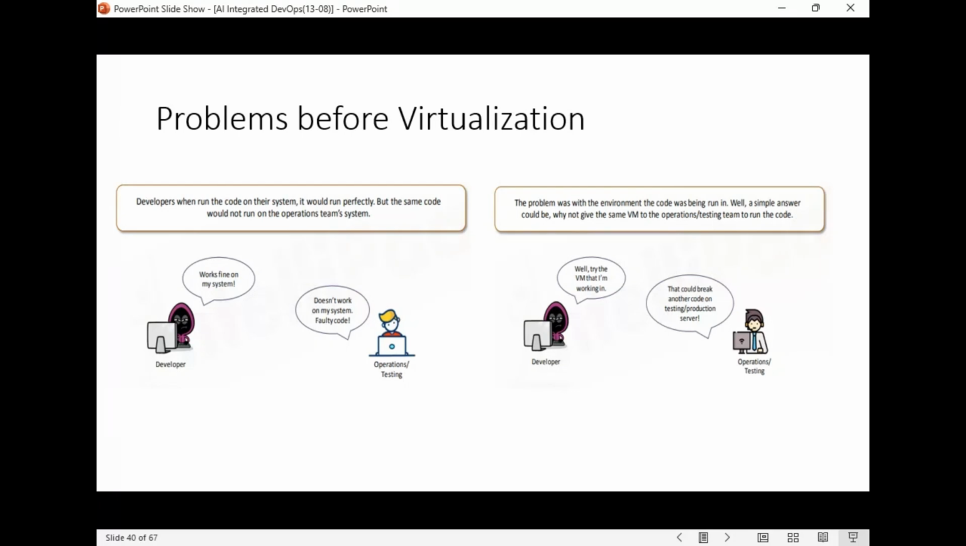But he said that could break another code on a testing production. Instead of installing the virtual machine on his system, it is not possible because he is already working on different testing purposes, different codes. So it's not possible. So in that case, if we use a containerization tool, the developer will